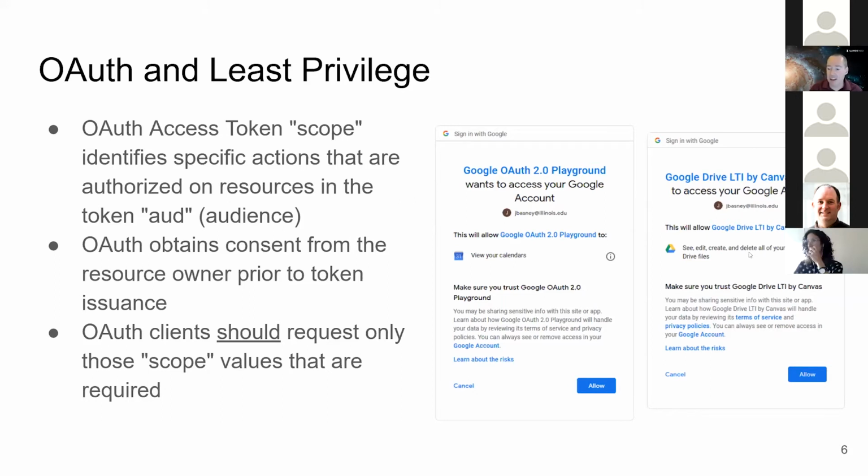That sounds scary. I really don't want to click that allow button. So accomplishing this least privilege in practice really requires cooperation by the token issuers, by the service owners, everybody in this ecosystem, so that we're asking our users reasonable questions like the ability to view your calendars rather than delete your